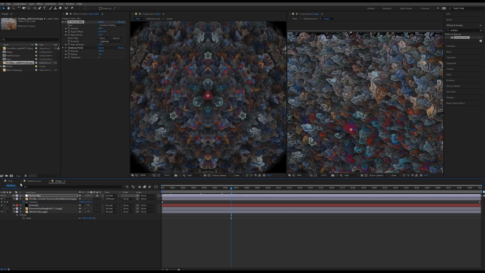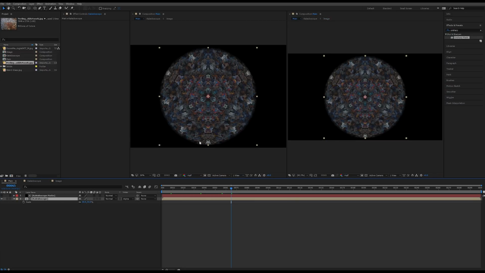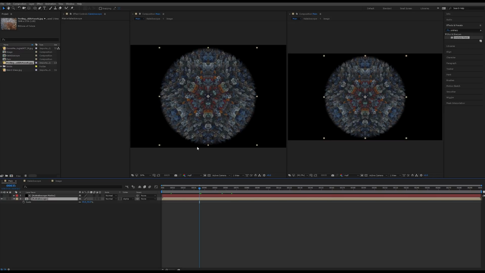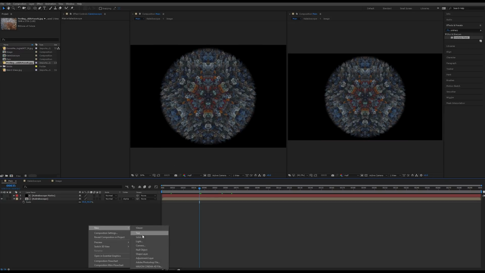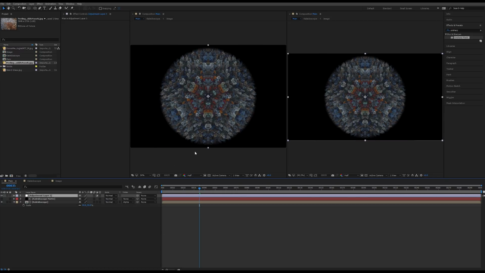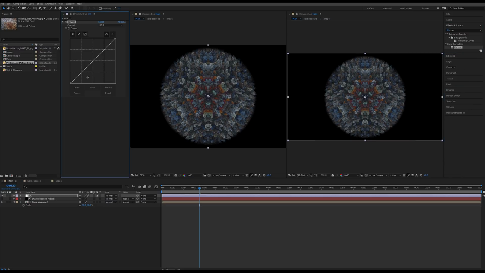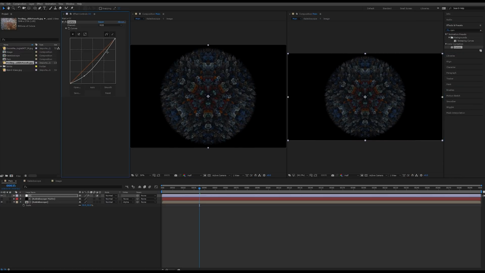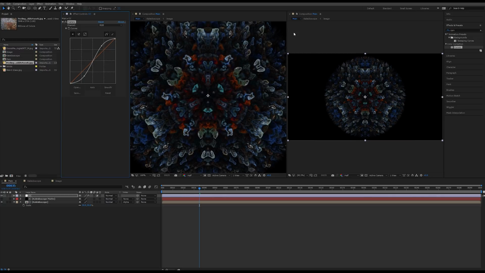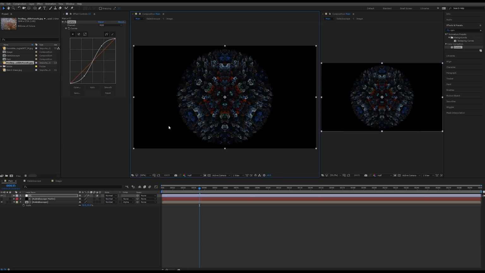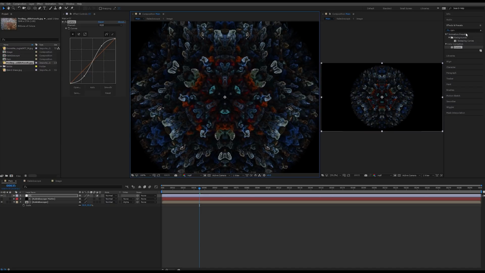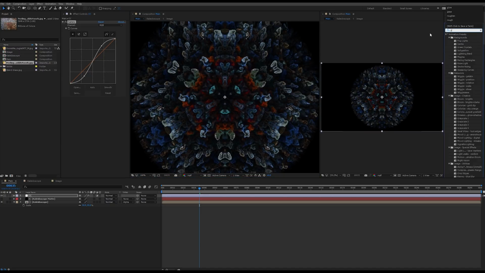Okay, so let's pop back into our main composition. And there's a few things I'd like to do just before we wrap this up. So let's add an adjustment layer, and we're going to call this layer color correction, just CC. Just going to add a curves to this just to add some more contrast. Pull down the darks here, and then pull up your highlights. And for this next part, I want to add a glow effect to this because I think that's kind of cool. Let's add a glow.